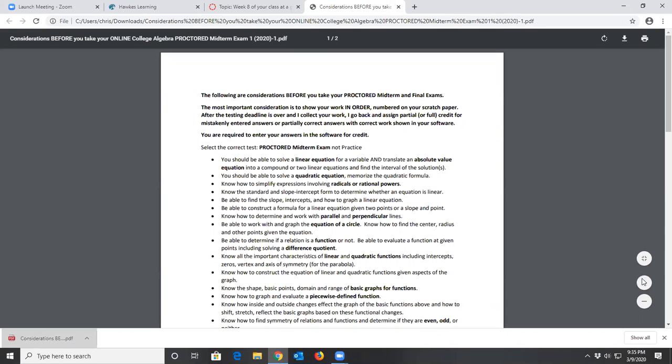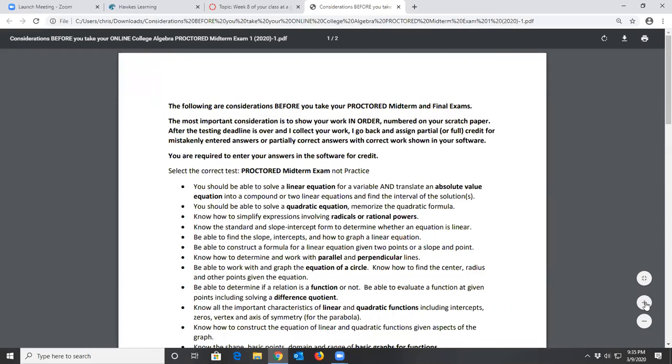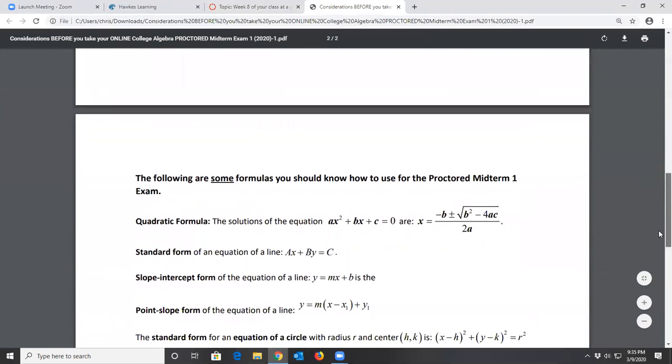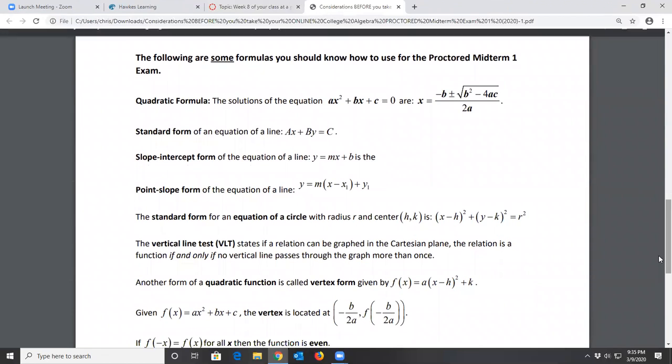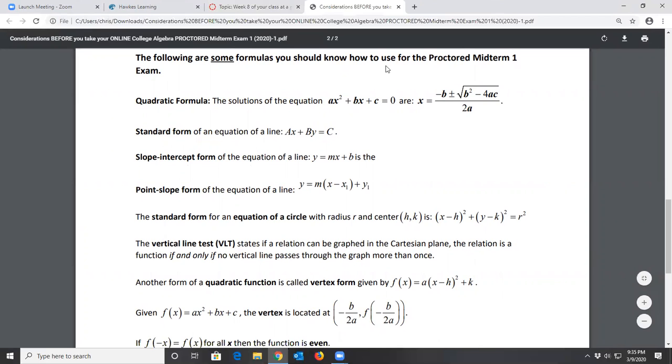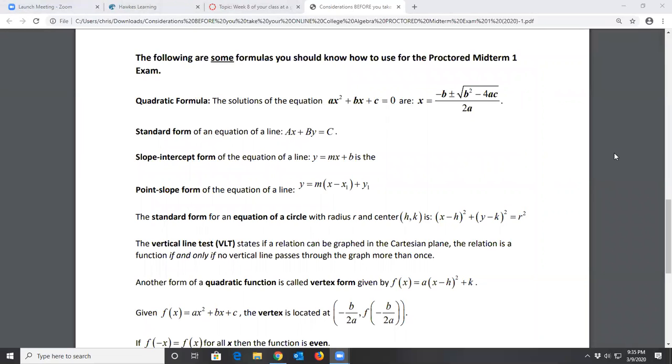Will formulas be provided on the test at all? They won't, but the second page has some of them that you should commit to memory. Right. Yeah, and I've been trying. I've been getting a little better. Good. Not that it would help for this test, but for next test, when I'm trying to learn something, when I'm doing the homework and I need to use a formula, I always write that formula out, and it seems to help me memorize things. Now, the quadratic formula is going to be a good one to know, like the equation of a line,